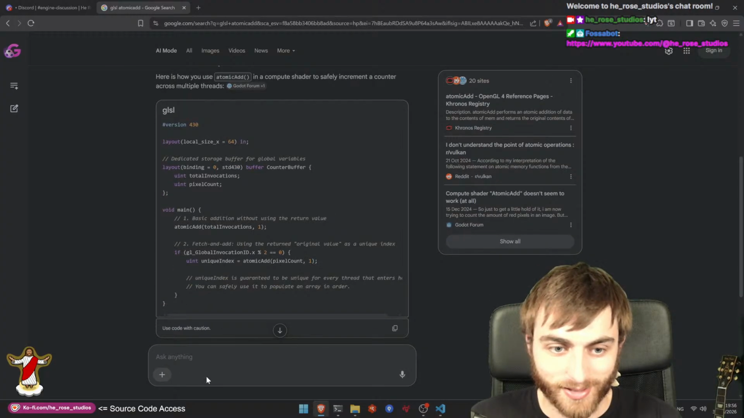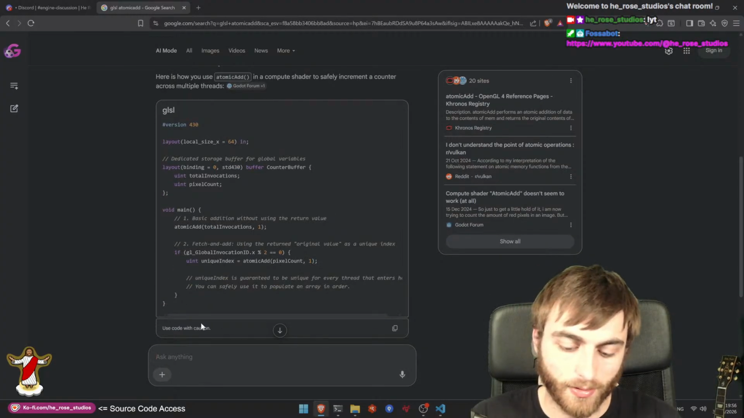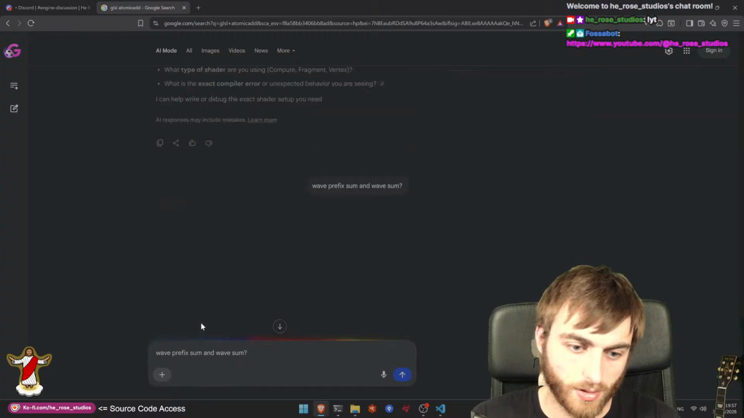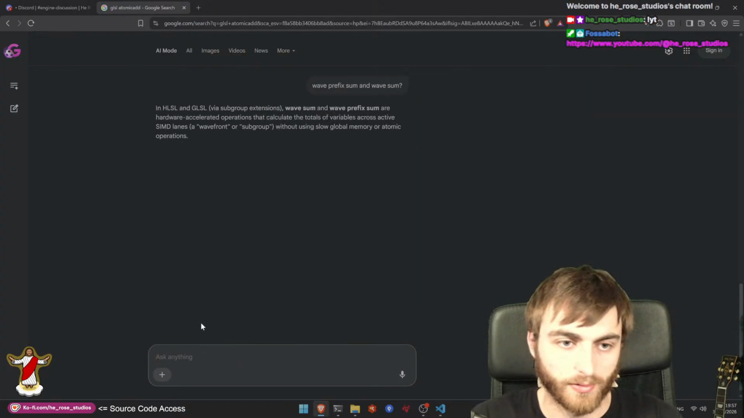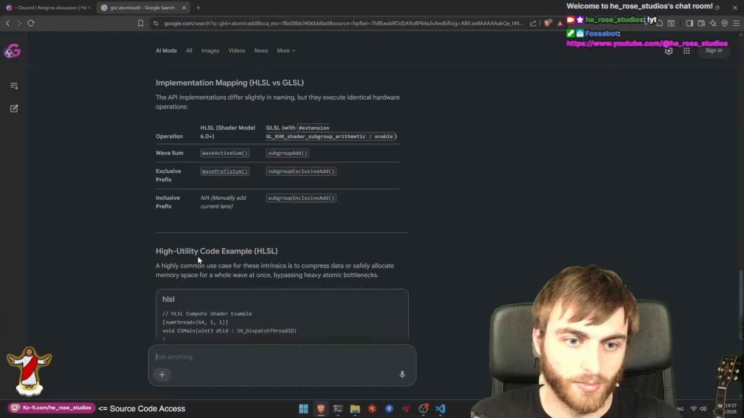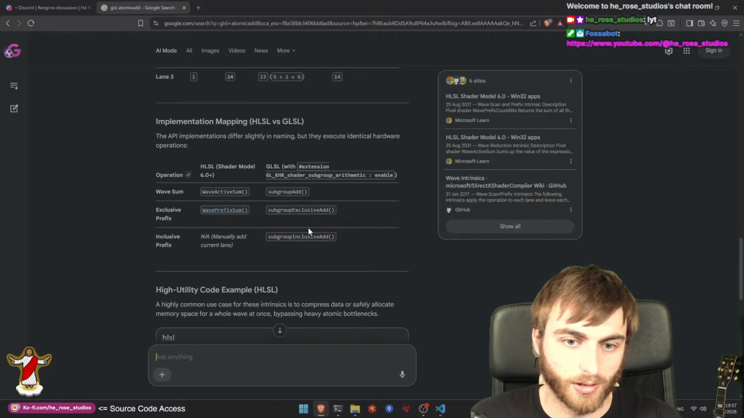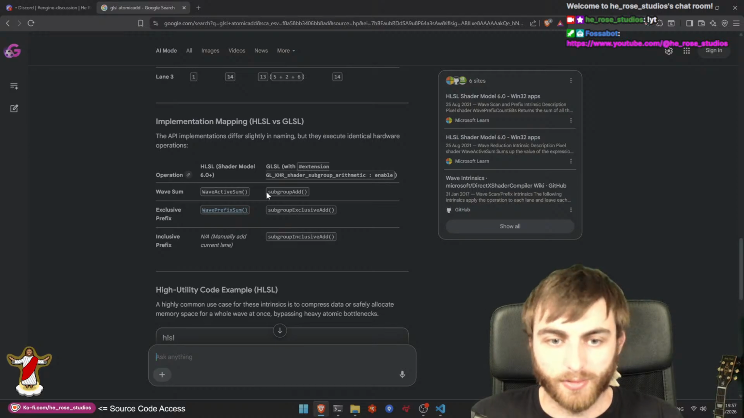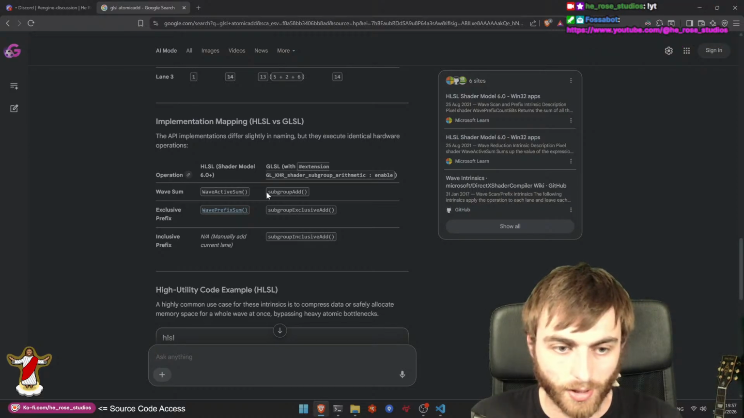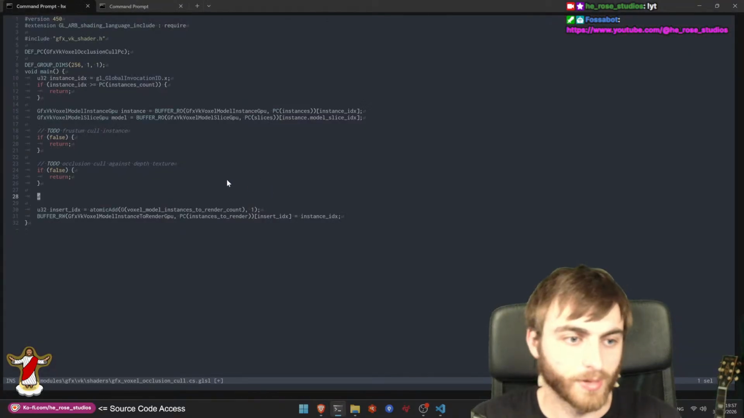But anyway, right. So what about a wave prefix sum and wave sum? Got to find those ones in GLSL. So just give me the functions, please. Thank you. Subgroup. That's it. Crying out loud, these are so dumb. I'll probably do this silly thing as well, but I think they're already in a header somewhere. Anyways,